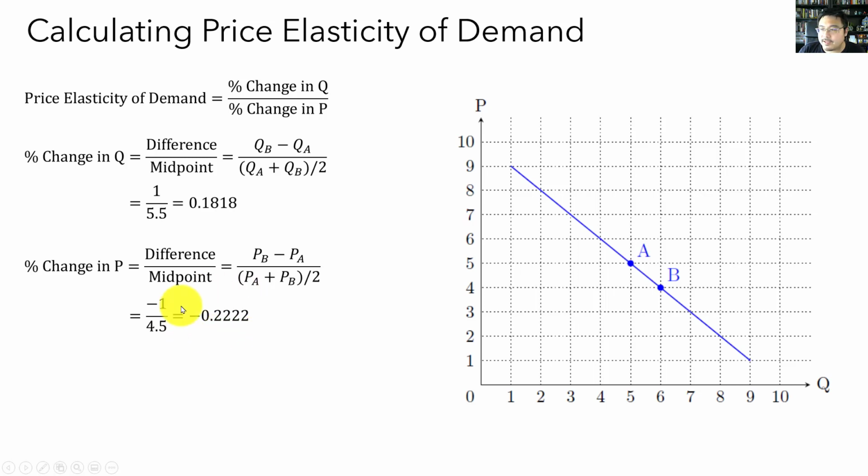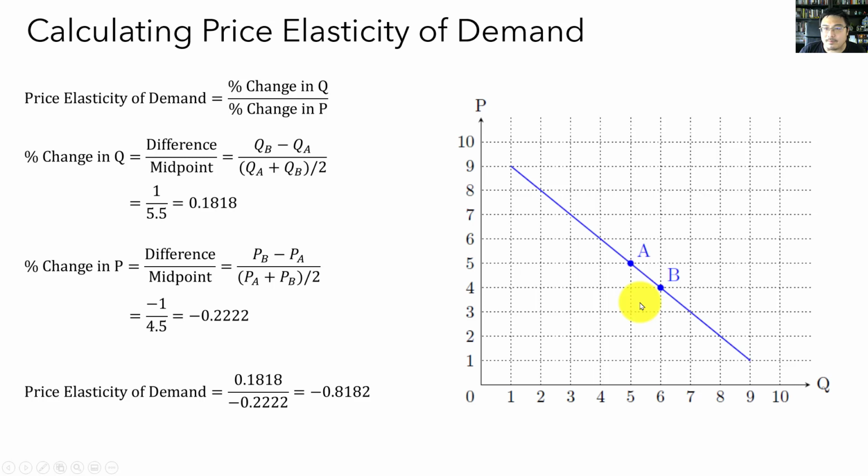All right, so this is the percent change in price between point A and point B. Okay, and the last step now is just to plug those numbers into the formula for price elasticity of demand. Price elasticity of demand is equal to 0.1818, that's the percent change in Q, divided by negative 0.2222, that's the percent change in P, and that gives us minus 0.8182. Okay, so minus 0.8182 is the price elasticity of demand for this demand curve as we go from point A